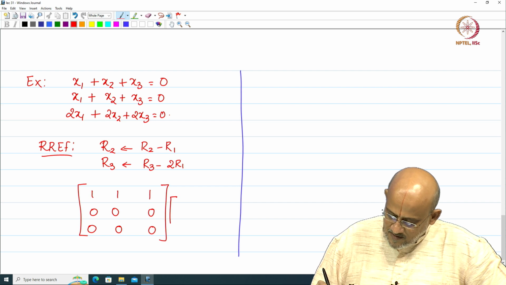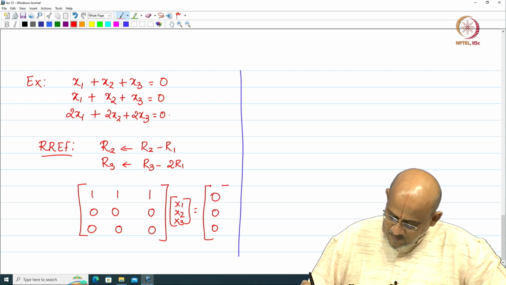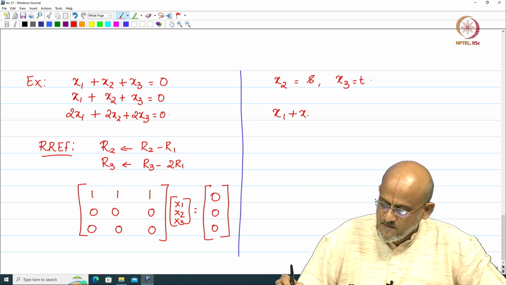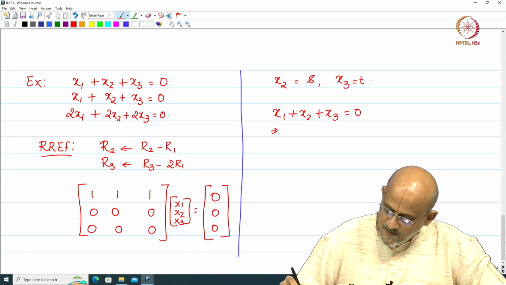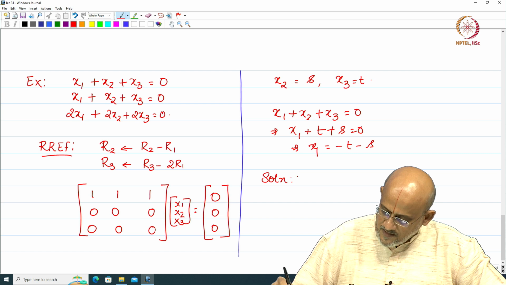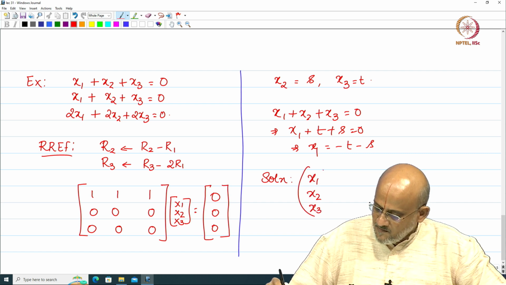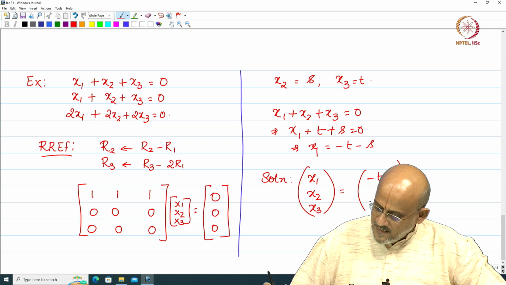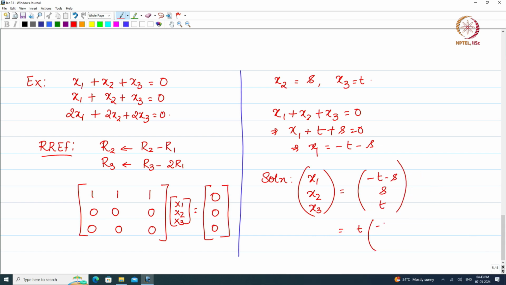This is what I am going to have, and finally I have x1 x2 x3 equal to 0 0 0. Now, from here we see that x2 and x3 are free variables. So, I will take x2 is equal to s and x3 is equal to t, and we have x1 plus x2 plus x3 is equal to 0, which implies x1 plus s plus t is equal to 0, which implies x1 is equal to minus t minus s. Therefore, the solution to this system of equations is given by x1 x2 x3, which is equal to minus t minus s, s and t. I can write this as t times minus 1 0 1 plus s times minus 1 1 0,